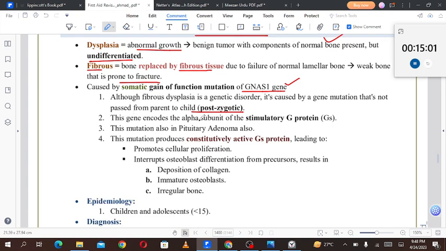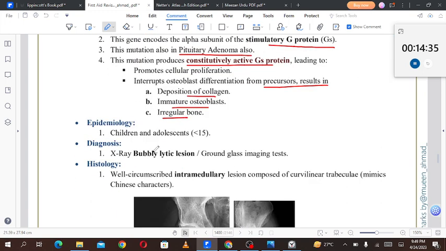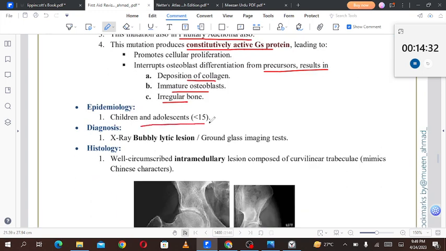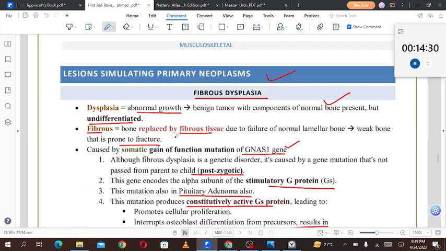The gene encodes the alpha subunit of the stimulatory G protein, GS protein. This mutation is also found in pituitary adenoma. This mutation produces a constitutively active GS protein, leading to enhanced cellular proliferation. It will interrupt osteoblast differentiation from the precursor, which will result in the deposition of collagen, immature osteoblasts, and irregular bone. Epidemiology: children and adolescents who are less than 15 years are most affected by fibrous dysplasia